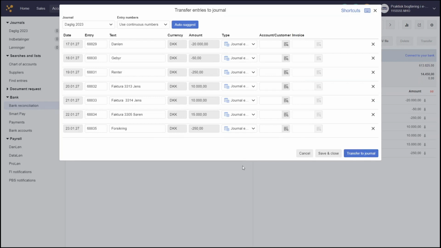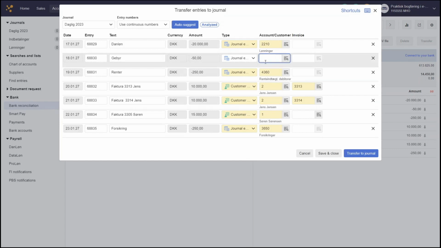If you are a lucky potato and you have the smart or advanced package, then you of course have the auto suggest that I just mentioned before. And I'll just demonstrate this for you now. So if I click on auto suggestion, it will provide suggestions on how the system thinks the various entries should be booked. If there are any entries for which the system cannot find a suggestion, it will leave the field empty, as this one right here. And I will have to help the system a bit by manually adjusting the entry type and account as well. So just type in